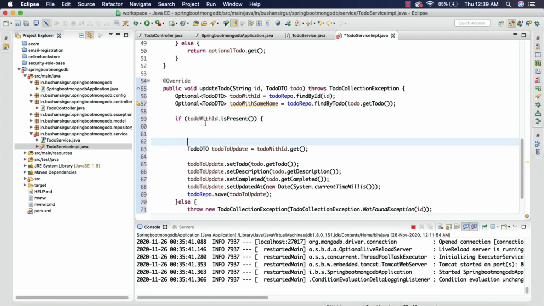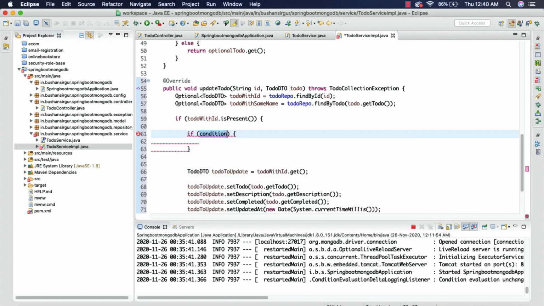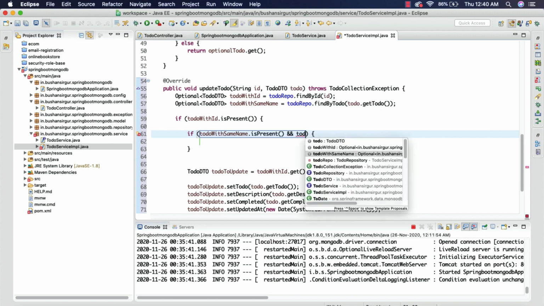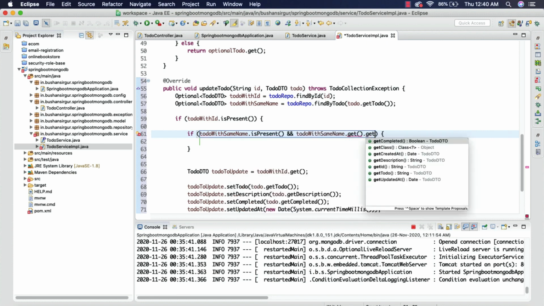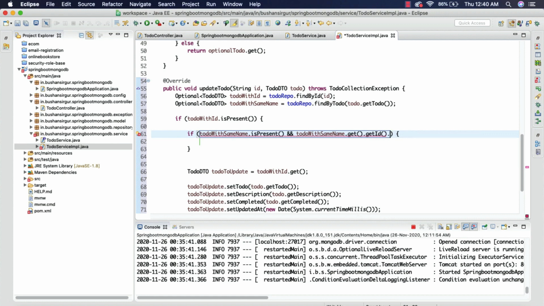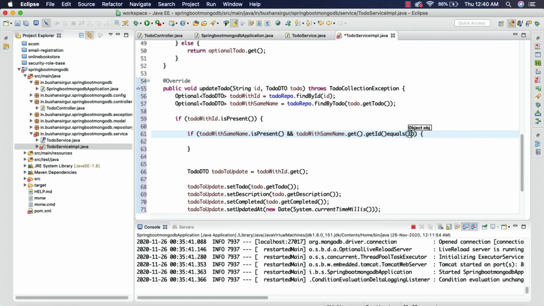So now we are going to write this condition: toDoWithID.isPresent. If it is present, then we are going to check for the to do existence. For that we are going to write one more condition: if toDoWithSameName is present and toDoWithSameName.get, we're going to get the object and we're going to check the ID, getId equals the id.